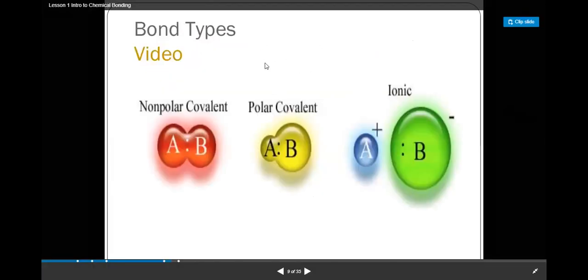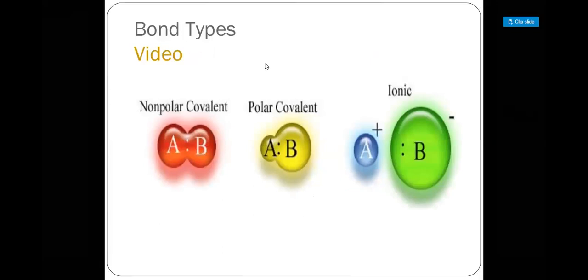Okay. So here you can see non-polar covalent bond. You can see the same size of both A and B. In a non-polar covalent bond, there are no size variations. There is an equal sharing. But in the case of polar covalent bond, as I told, the atom which is more electronegative, that size will be larger. So you can observe that. And in the case of ionic, always remember, the anion is bigger in size and the cation is smaller in size. So it is represented in that manner. So the size of the anion is larger.